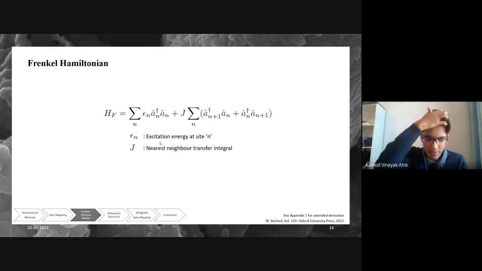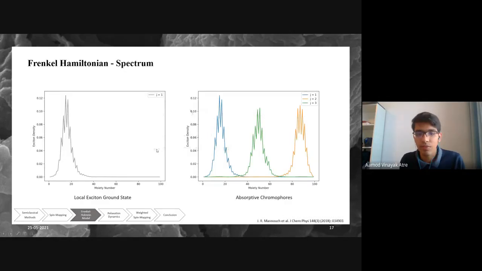However, since this is a simple Hamiltonian, we are considering only nearest neighbor coupling. So it's a tridiagonal matrix which can easily be diagonalized. Diagonalizing this matrix gives us a spectrum of our system. This spectrum provides us three characteristic eigenstates. The lowest energy eigenstate, also known as the LEG state, is a state which has no nodes. That is, the population of the exciton never goes to zero